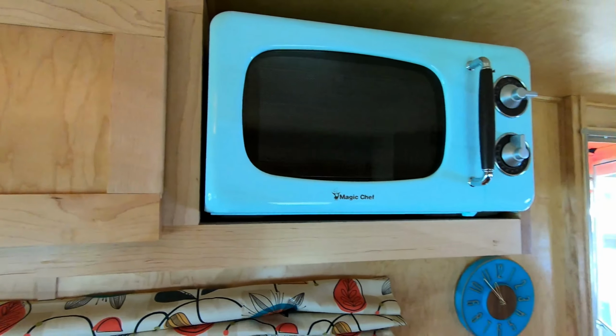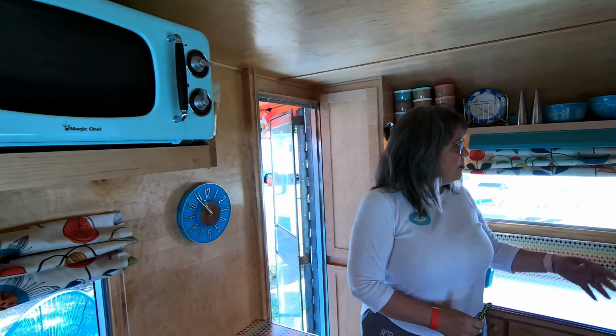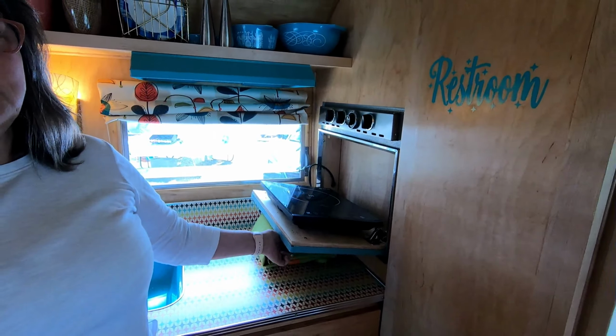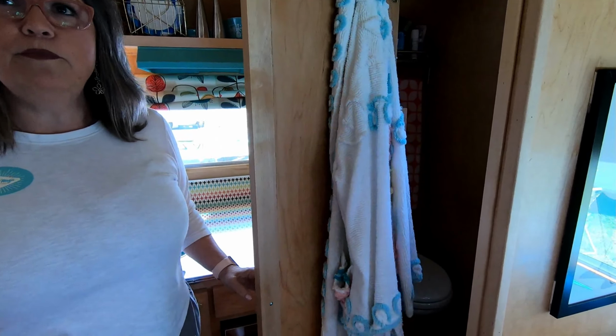Gidget has some nice features. It's got a microwave, which is really helpful. It's got an induction cooktop here instead of a traditional stove, because typically we try to build our trailers without propane for safety reasons. Gidget has a full wet room bathroom, toilet, shower, sink,